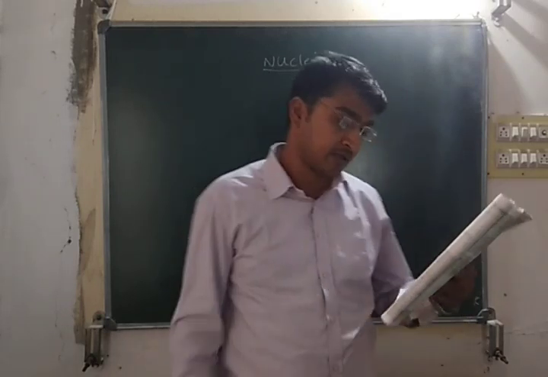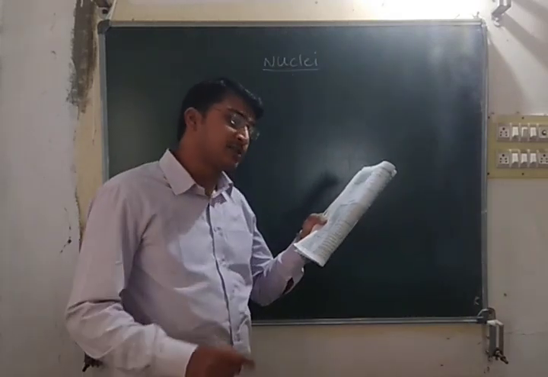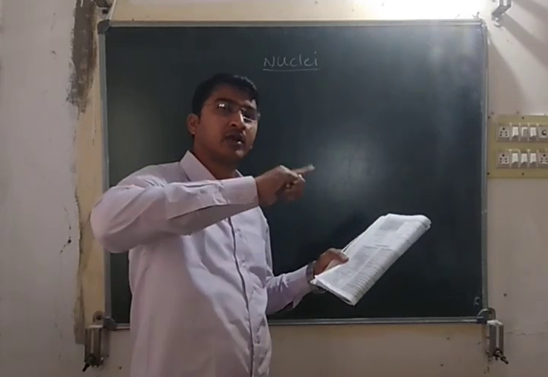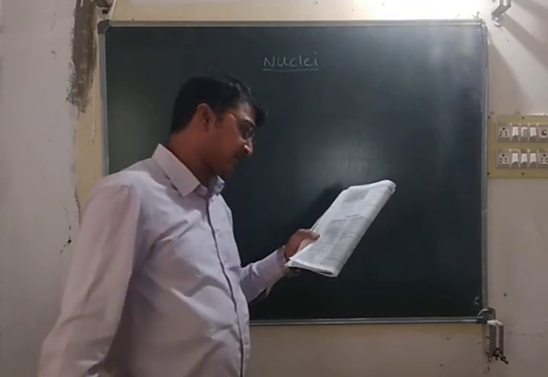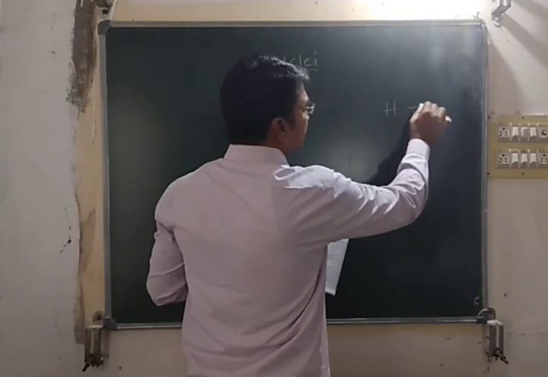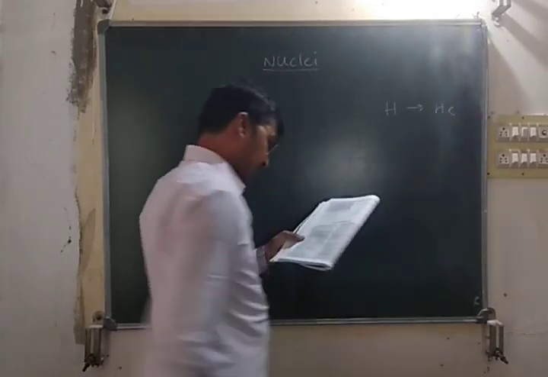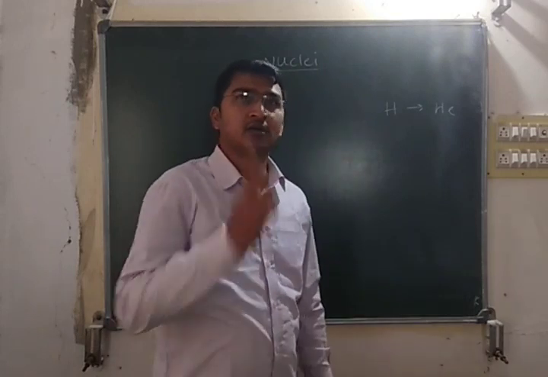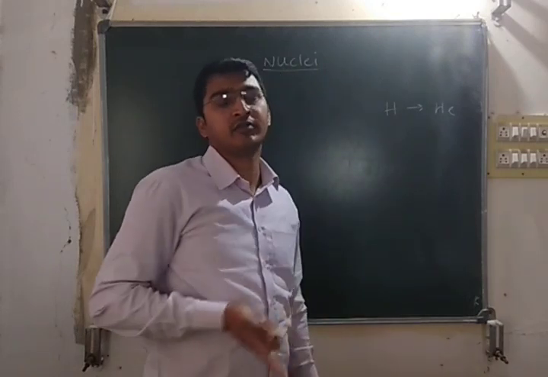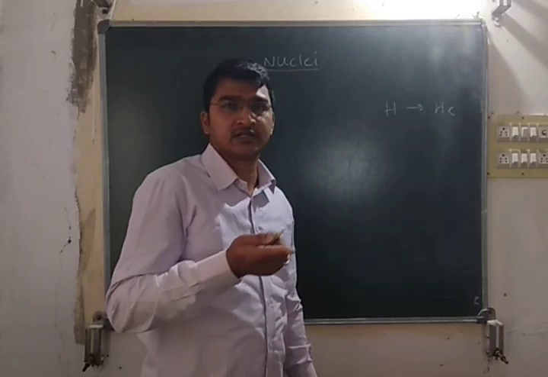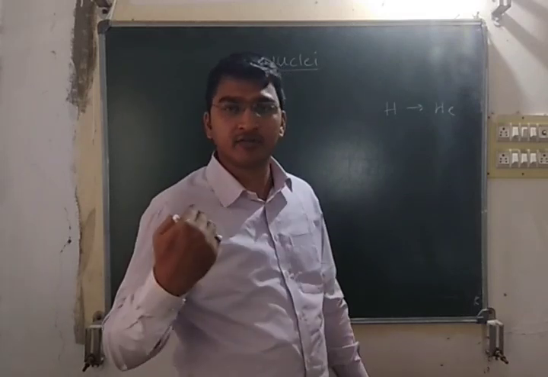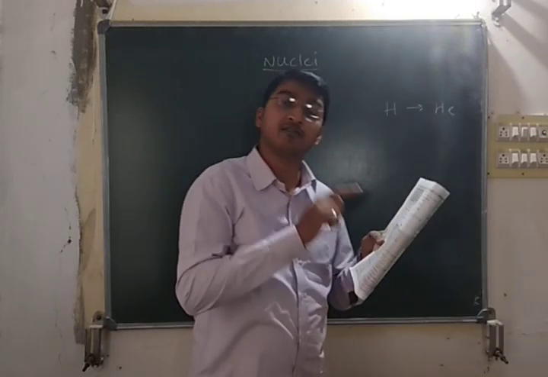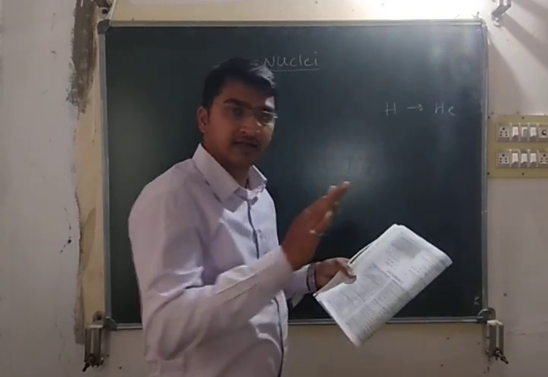So option A is wrong. The second option is formation of helium from hydrogen: light nuclei combine to form helium, so there is a chance. Next is formation of plutonium 235 from uranium 235. Plutonium and uranium are both heavy nuclei. You know nuclear fusion is for light nuclei and nuclear fission is for heavy nuclei. They are asking about nuclear fusion, so the heavy nuclei case is not possible.